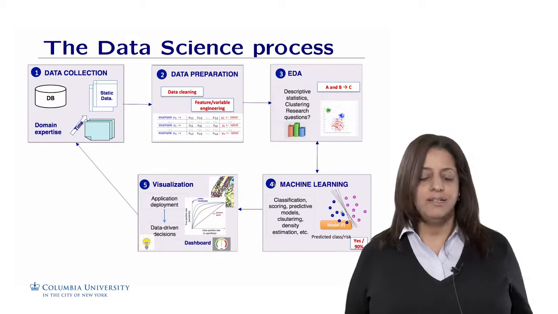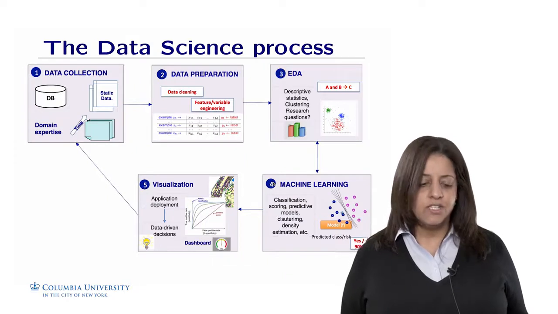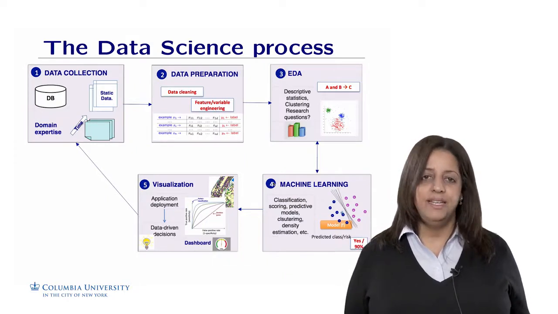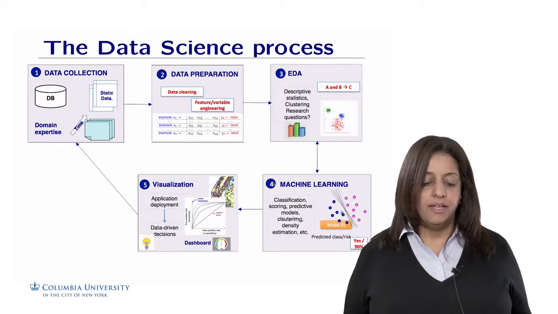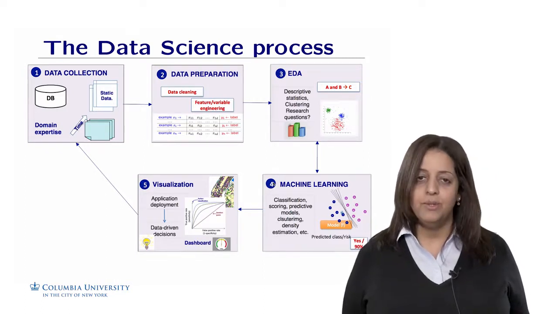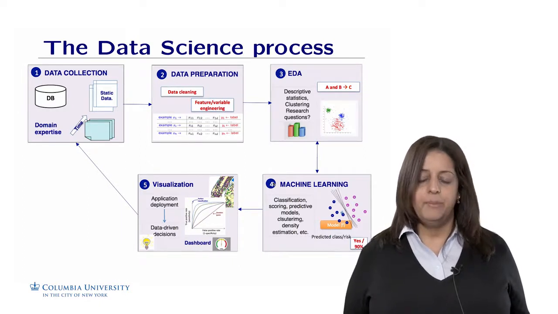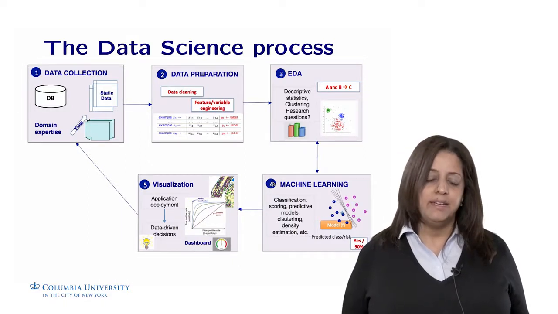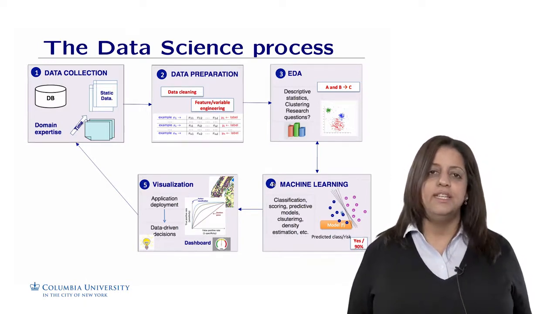The second step is data preparation. It's really where the data becomes clean and ready to be used. So data preparation consists in doing some data cleaning, removing spurious, for example, information, and creating some features or variables, do some feature and variable engineering. So the outcome of this step is some curated data that is almost readily available to be fed into machine learning and statistics methods.